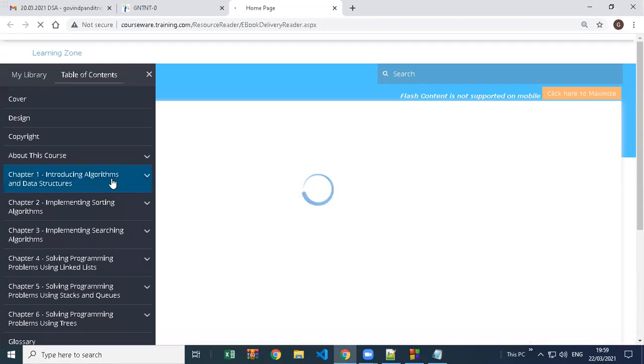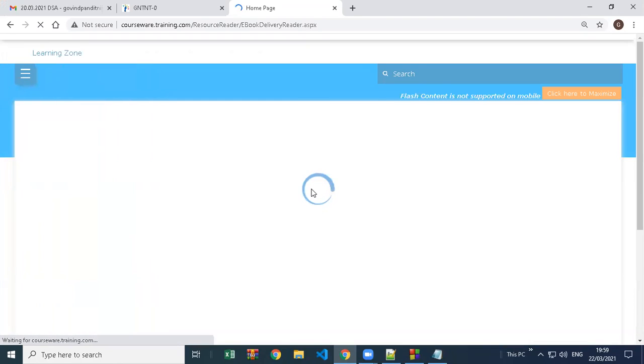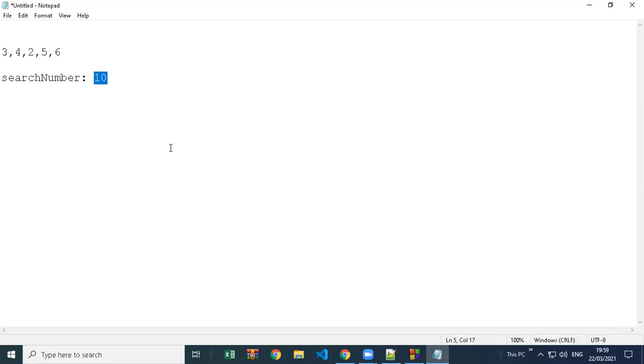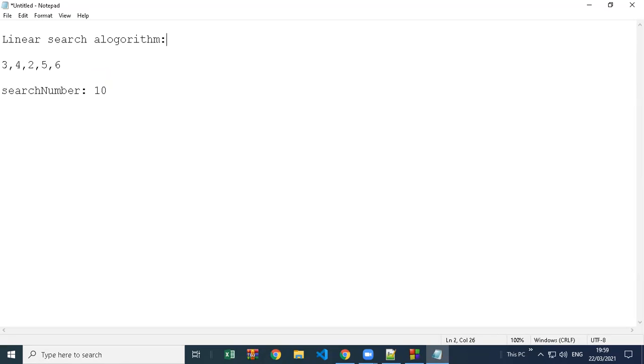So this searching is the simplest searching technique. For searching also we have different options, and the simplest searching algorithm is called the linear search algorithm. The code is very easy and concept-wise also easy, but it is only used for small lists, because if you search each element one by one, it will take very long.